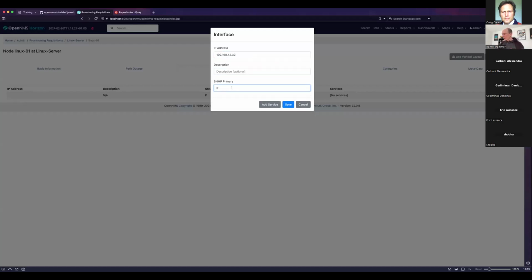So here's an important piece. Anyone an idea what SNMP primary means? If you have a router with multiple IP interfaces and you expose the SNMP agent on two or more interfaces, then Collectd needs to know which interface it should use to fetch the metrics, right?